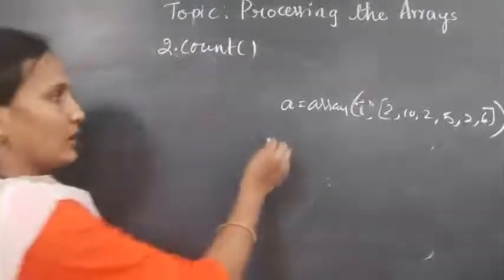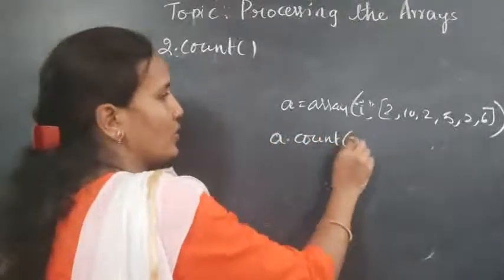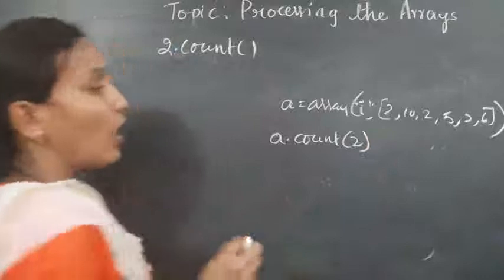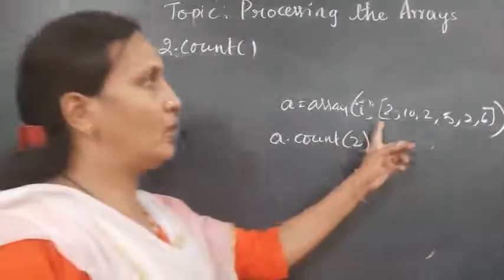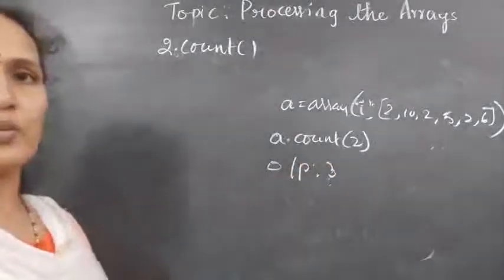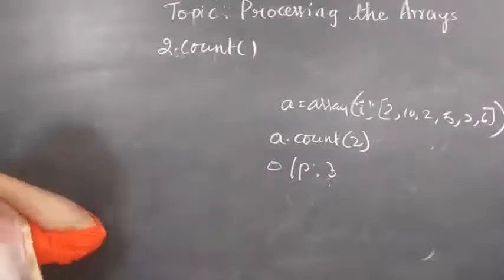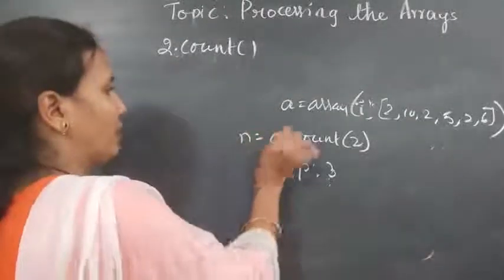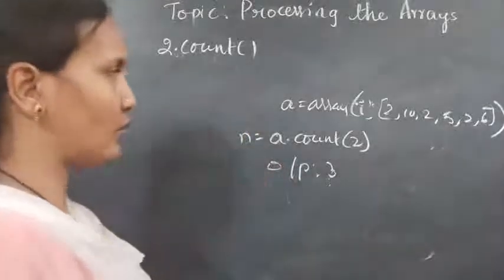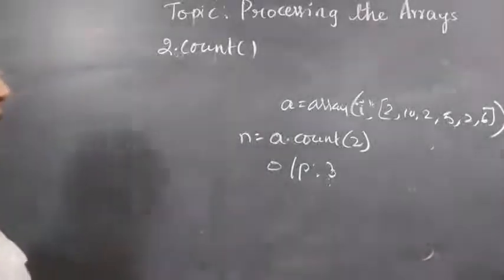Now I want to check how many times the element 2 has occurred in the list. Then I will see. A count. What is the name of the element? 2. Then we'll check how many times the element will occur. 1, 2, 3, 3 times. Your output will be 3 times. Okay. So this method will check how many times the given element has occurred in the list. Now here what you have to do is n equals to, because I want to store. If you want to store, you need to give one resultant variable. This is the count. The syntax is